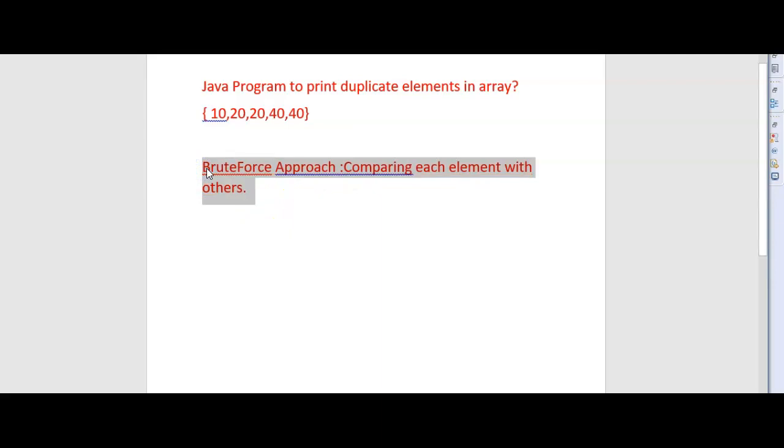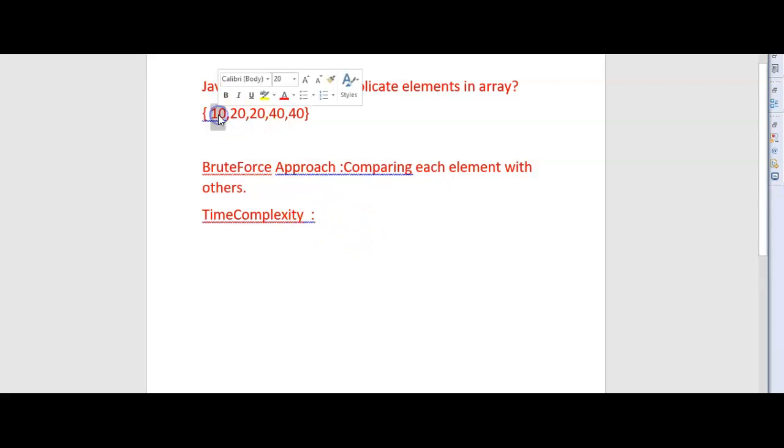In the brute force approach, the other thing we have to mention is the time complexity. To work that out, we need to understand the logic. Since we have to compare each element with the other elements, we have to use two for loops. The first loop starts with i and then j starts from the rest of the other elements. Since we have two loops, the time complexity is big O of n square.